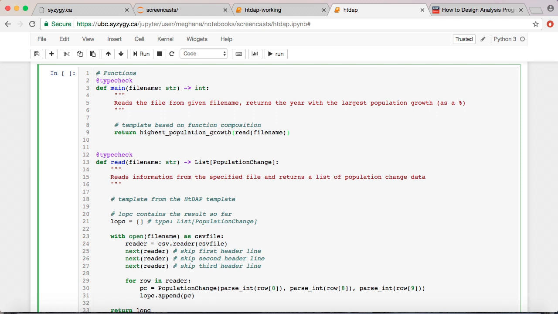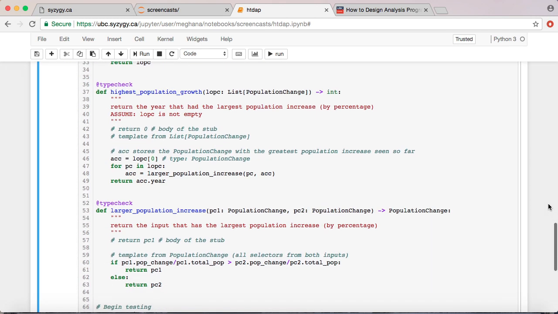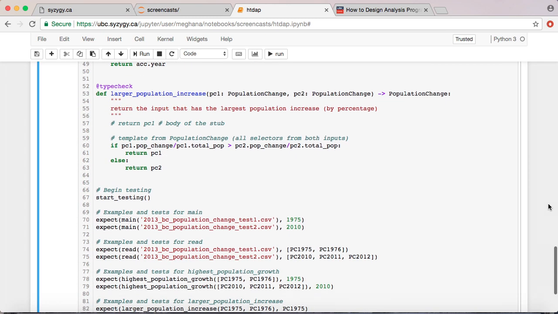Highest population growth will take a list of population change and return the year with the largest population growth as a percentage. We already know how to design this function, so I will copy and paste in a fully designed function rather than designing it as part of this screencast. I've pasted in that function design, and as always, that includes the appropriate tests.